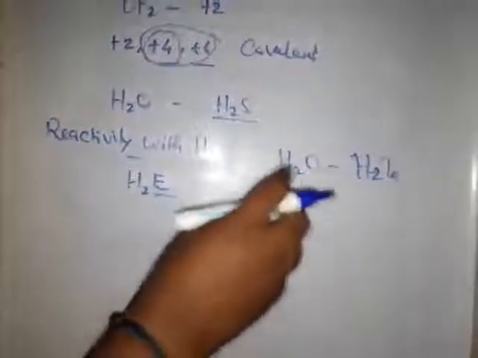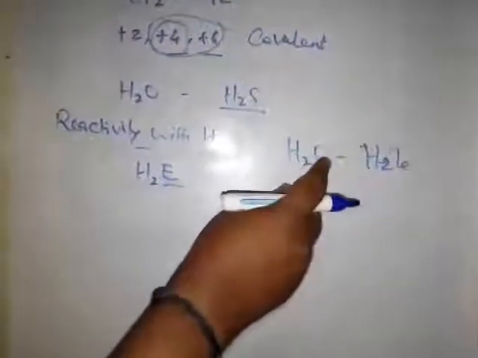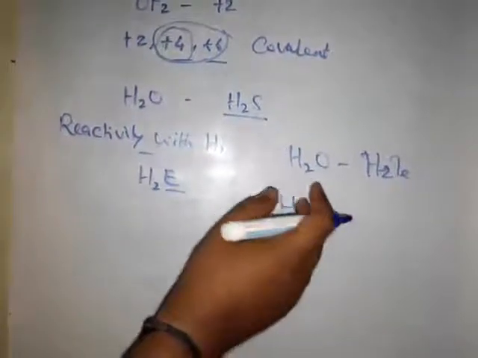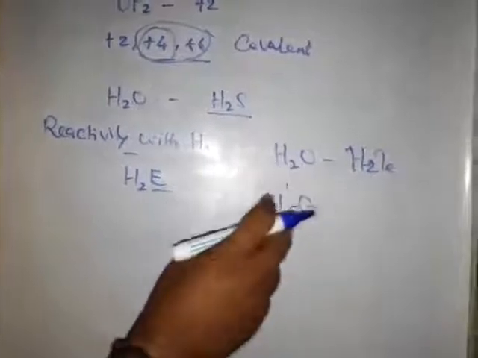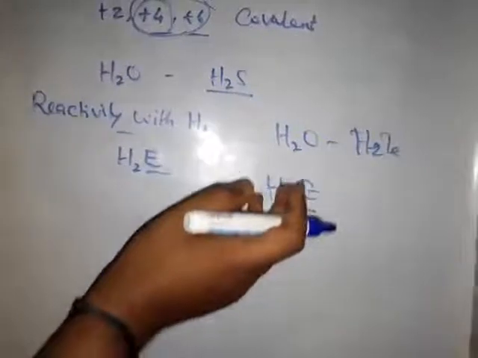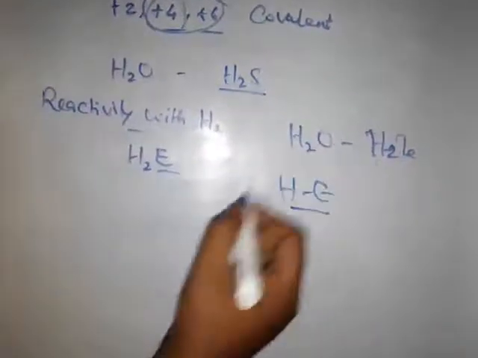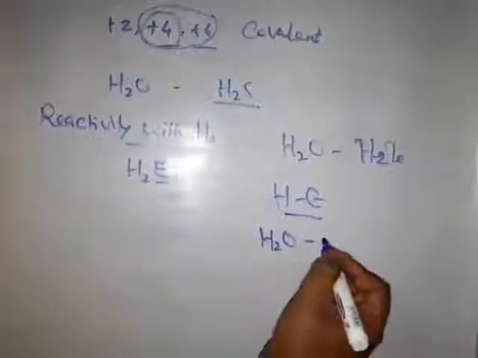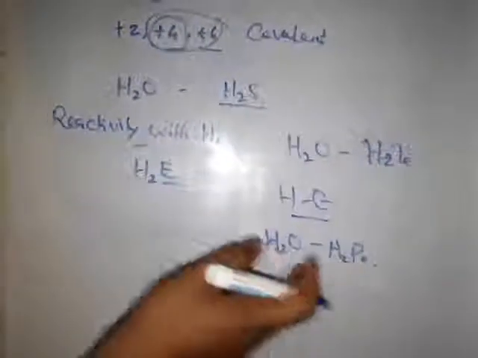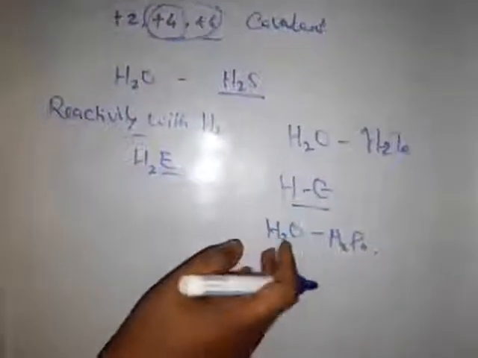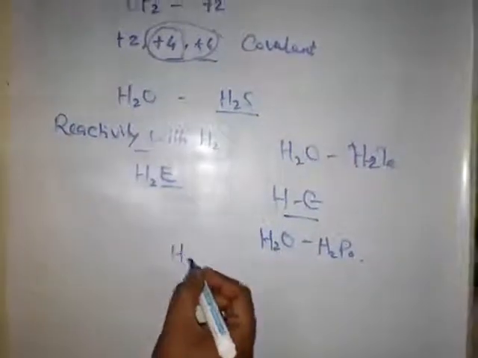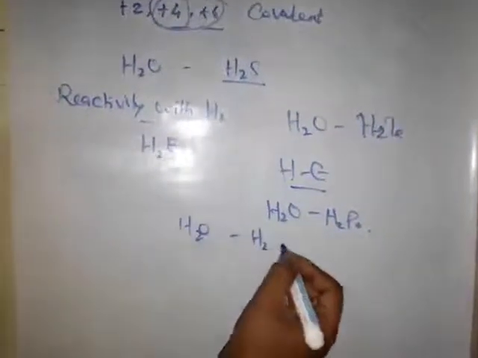The acidic character can be explained by the decrease in bond enthalpy for the dissociation of the H-E bond down the group. Thermal stability of the hydrides also decreases from H2O to H2Po, polonium. All the hydrides except water possess reducing properties, and this character increases from H2O to H2Te, tellurium.